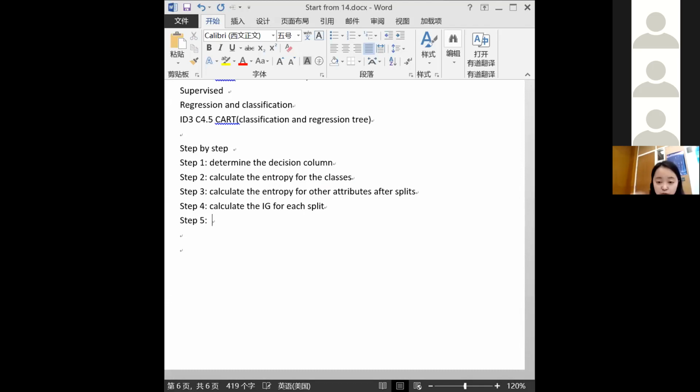That is the fifth step: we will choose the attribute with the largest information gain. The attribute with the largest information gain will be used for the split this time. So after we decide the attribute to use, the next step, we will perform the